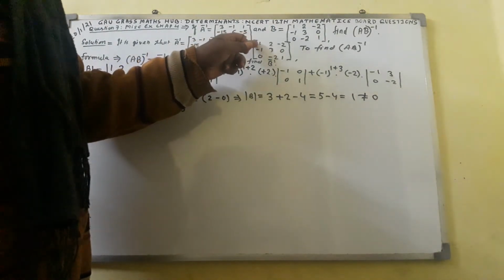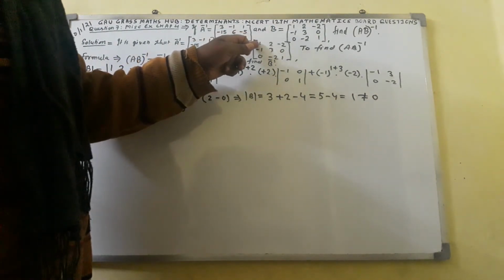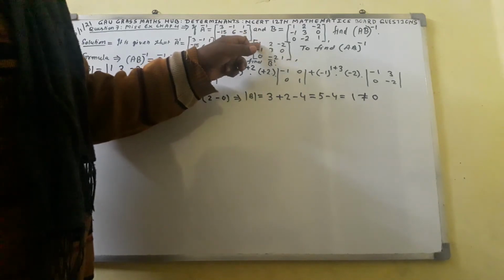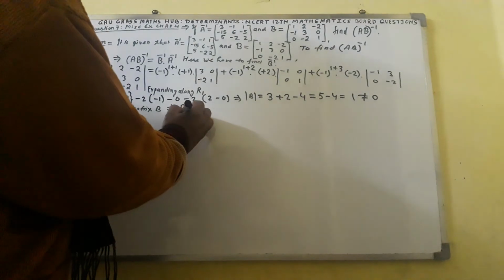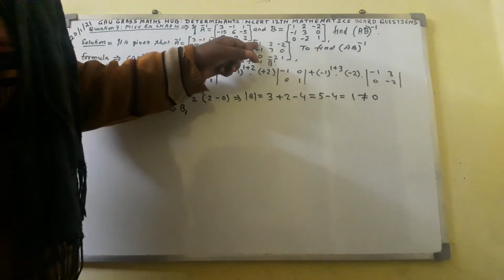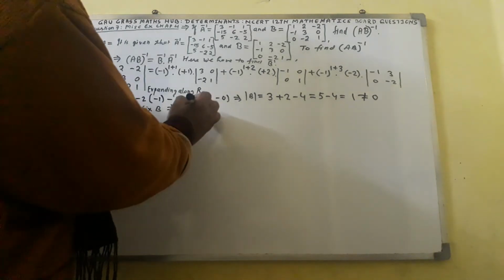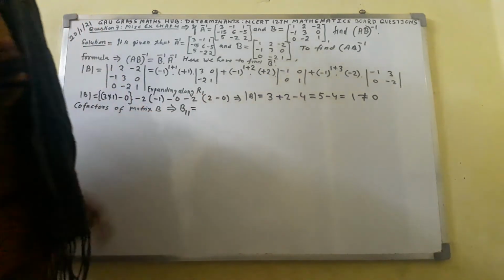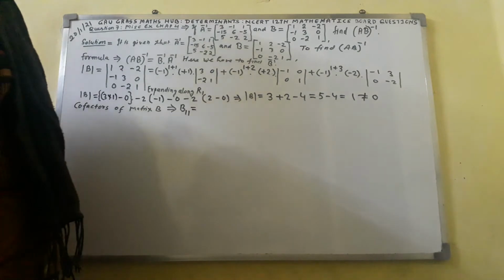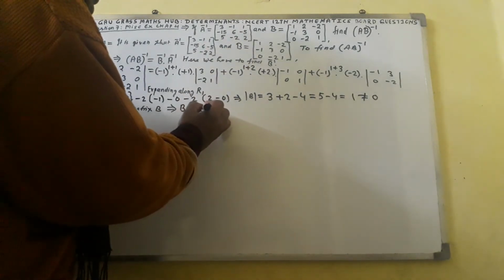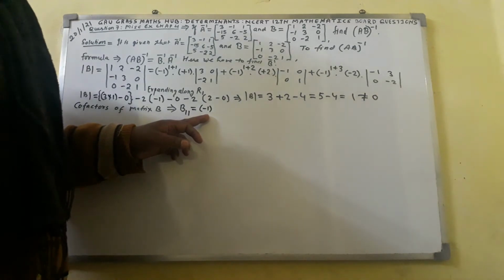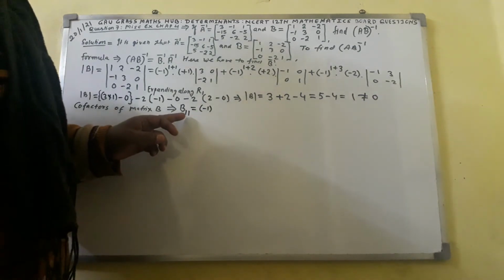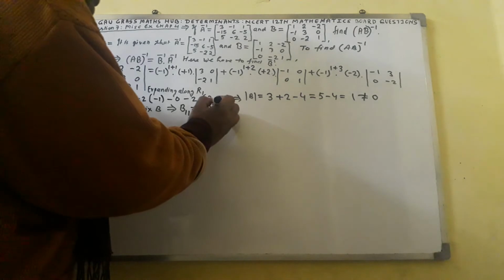Think about this element 1, first element 1. 1 is there in first row, first column. For first row I shall write here 1, and for first column write here 1. So here B_11 it will be there. Here minus 1 is the constant that is fixed here, raised to the power 1 plus 1.